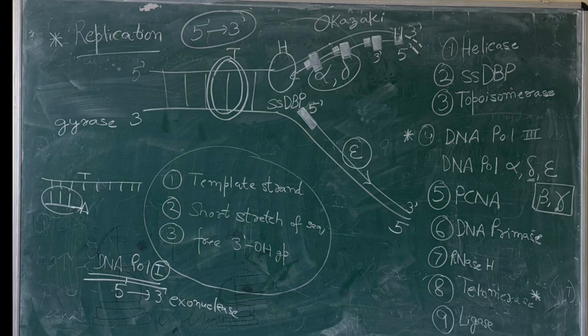DNA primase will synthesize a short stretch of RNA sequence which is extended by DNA polymerase by addition of nucleotides. In case of eukaryotes, DNA polymerase alpha will initiate DNA replication of lagging strand which is later on taken up by the DNA polymerase delta. Your DNA polymerase gamma is responsible for replication of mitochondrial DNA, while all other DNA polymerases of eukaryotes are involved